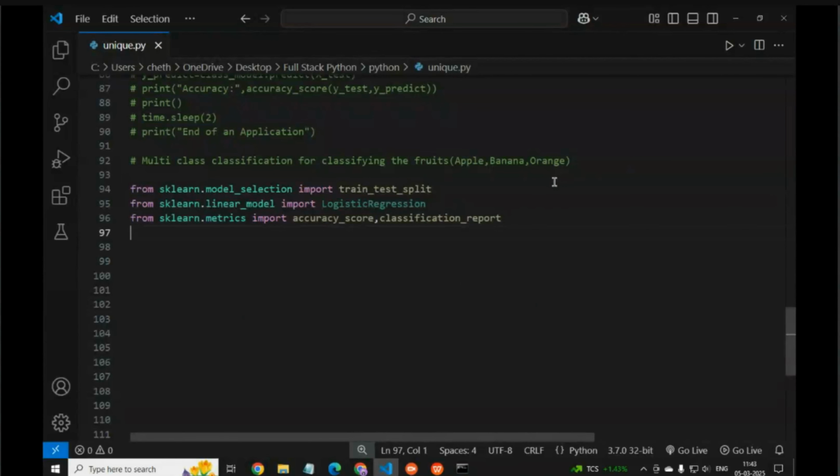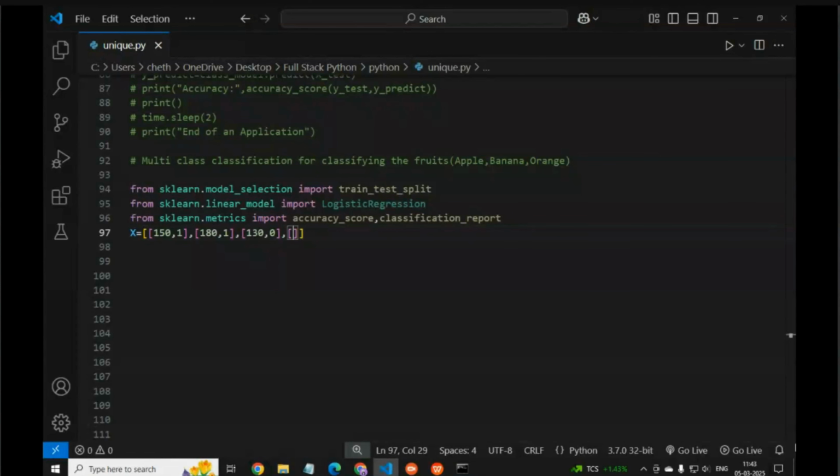So here we create one variable, and in that we create a list. In the list there is another list. So here we write 150, the weight of that fruit, and 1 is the color code. Then 180, 1. Then 130, 0. Then 160, 1.